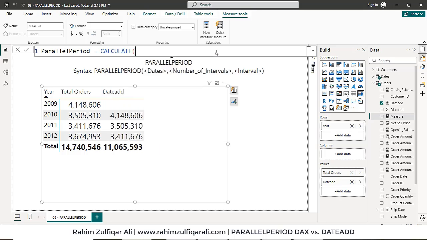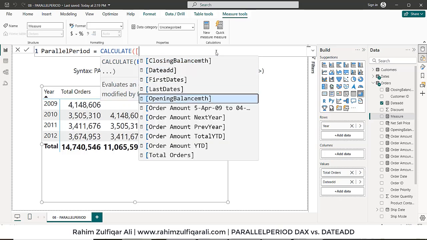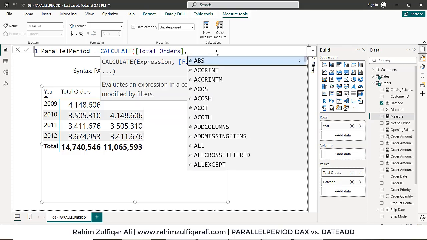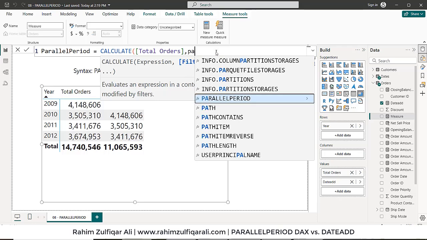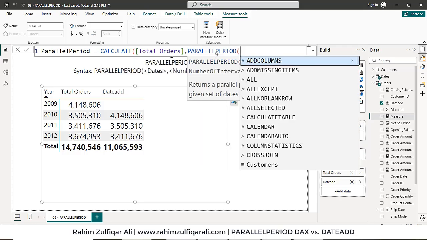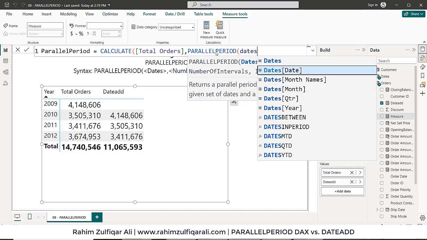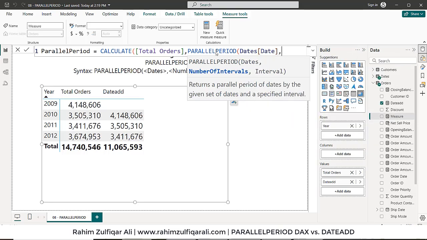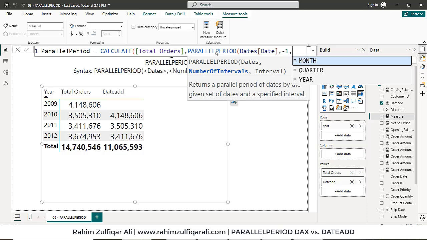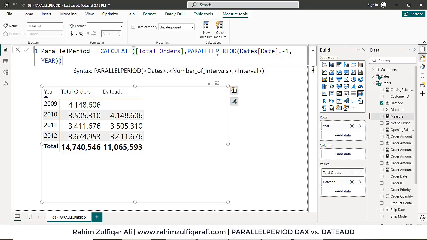So we start with CALCULATE, and the expression will be total orders, that will return an amount, and in the filter argument we will be using the PARALLELPERIOD DAX. So the first argument is the dates column. We know that we have the dates table, date column. Then the number of intervals, let's say we need to move 1 year back, so we'll put -1, and for the time period we have month, quarter, and year, right? So we'll say we need to move year wise,